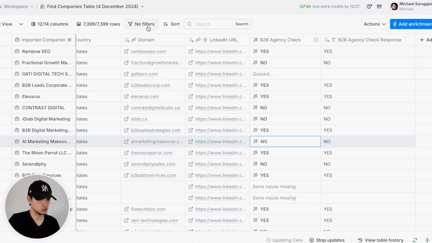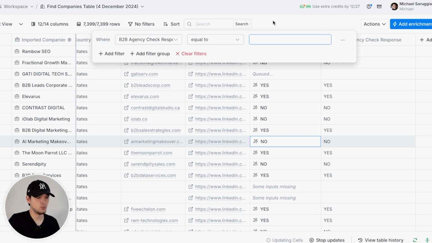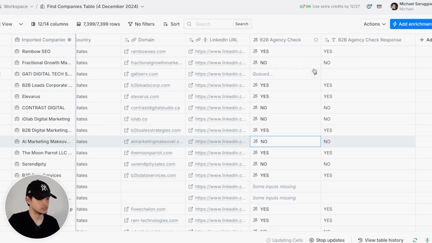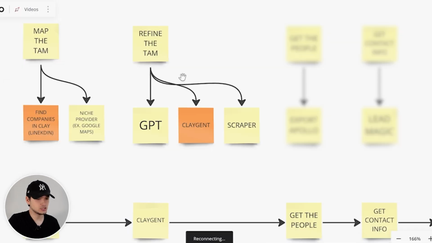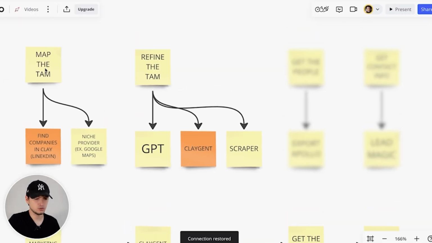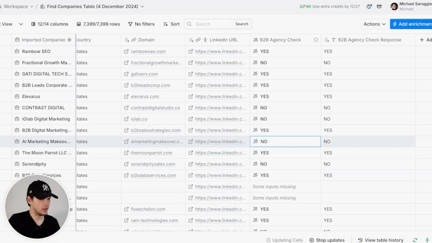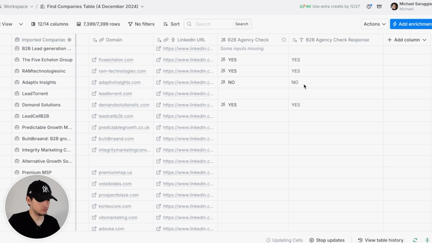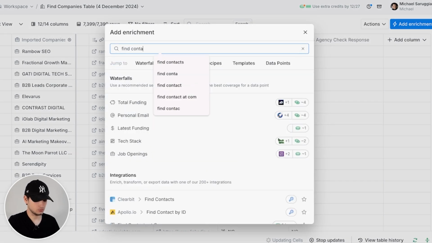Now it's enough to filter only for check response equal to yes, and we will get all the yes, and we can scale this enrichment through all the 8,000 different rows in a very, very fast way. And in this way, you see, starting broad, we can refine the theme, and next we can get all the people. Okay, now that we basically have the companies, what we can do is the enrichment, find contacts,